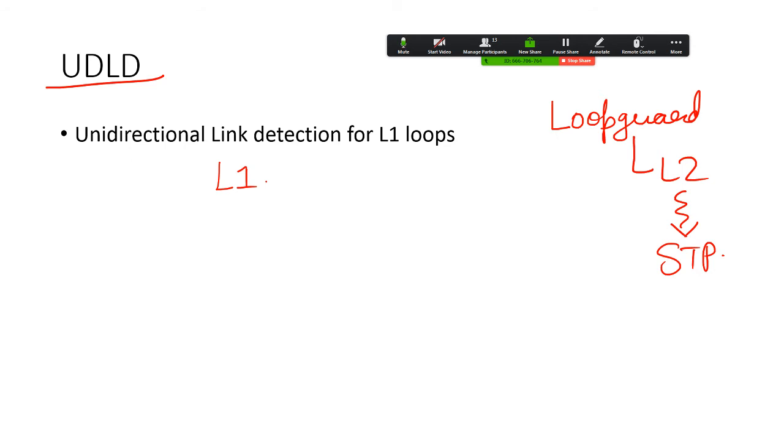Now, if I talk about UDLD, it's not going to be very different. It's very similar to the approach we have with loop guard. Ultimately, we were synchronizing BPDUs to understand what VLANs you have and what VLANs I have. Similarly, UDLD will also do the same thing. The only thing is that there will be a new set of packets, or you can say a new set of frames between the switches, and these frames talk to each other and form neighborships.